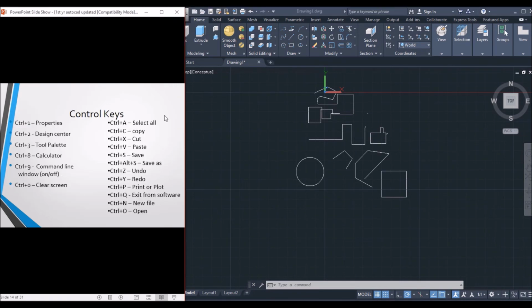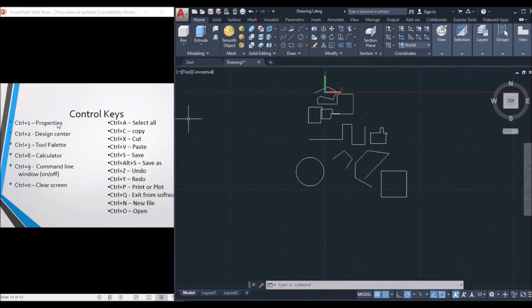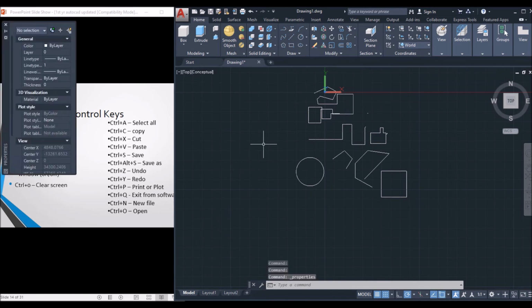Next, coming to the control keys, we have control keys with numbers and control keys with alphabets. Control keys with numbers, Control+1. If I give the option Control+1, it will display a window with general properties, plot styles, view properties. It will display the properties of the selected object.